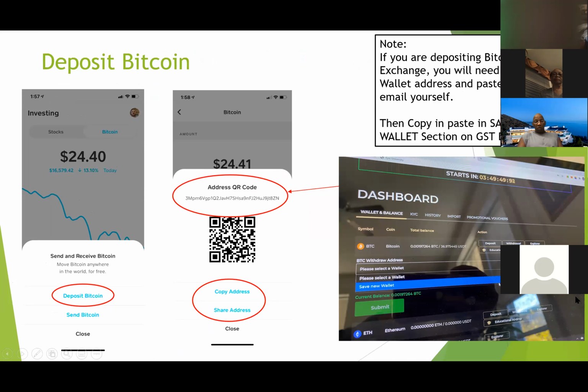It's a drop down, and it's going to ask you to save a new wallet. So you hit that. You have to copy and paste this wallet address from Cash App into this box here, and then it'll ask you to write a name for it. You would simply write Cash App, and then type in the amount of Bitcoin. Make sure that you always include the decimals and the zeros, exactly the amount you want to send to Cash App. If you want to send it all, you can just put the total amount listed here. If you only want to send a portion of it, like in dollar amount, what I suggest you do is